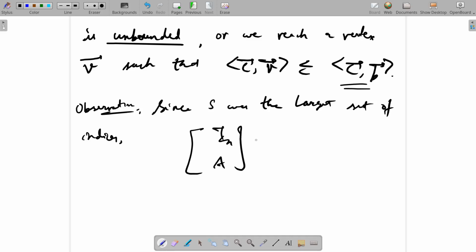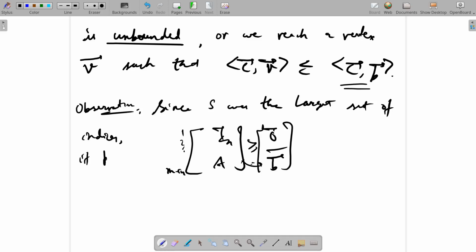So overall we had this matrix I and A, with the zero vector padded with the vector B. We had equality here. So the indices are named 1 all the way up to m plus n. So since S was the largest set of indices in 1 to m plus n such that the corresponding constraints are tight at P,